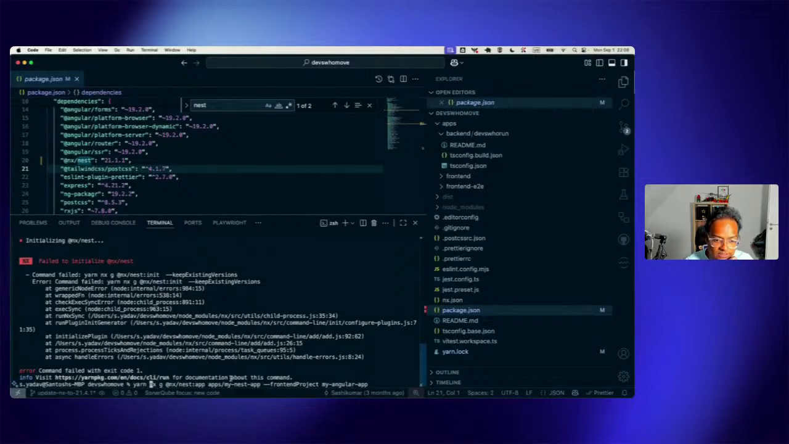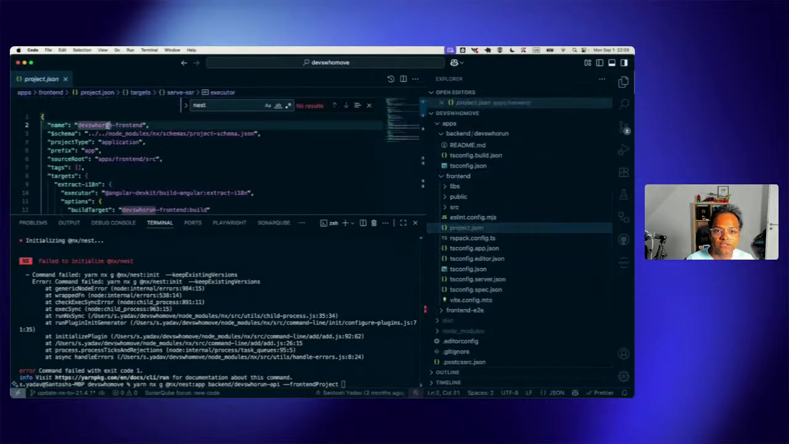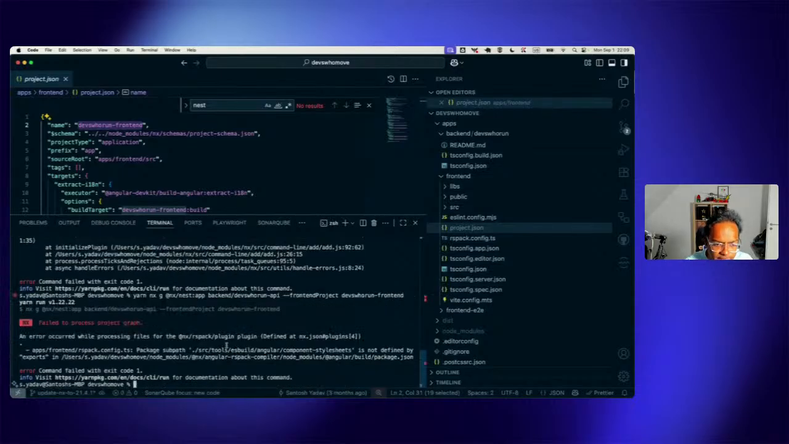So okay, it says yarn nx g nest.js app, and I want to put it in backend, and I can say this is devs who run API. Front-end project is my Angular app, and rather than this, I can say, let's see, what's the name? Project.json, and this is the name. So just in case you're wondering, okay,